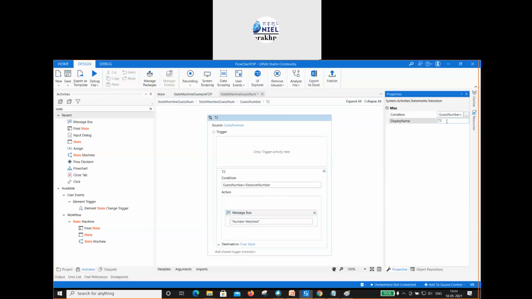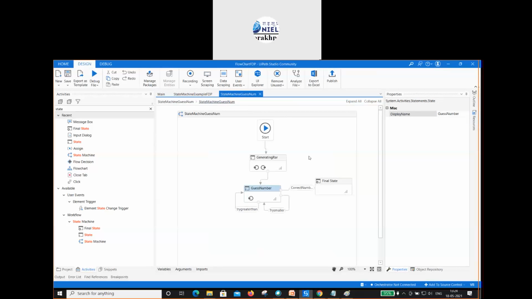Rename this, that is final state or correct number. So our workflow is ready for execution. This was our use case scenario to